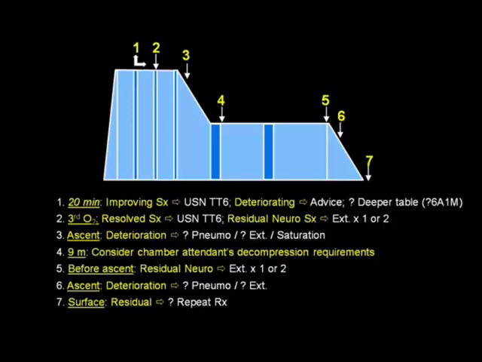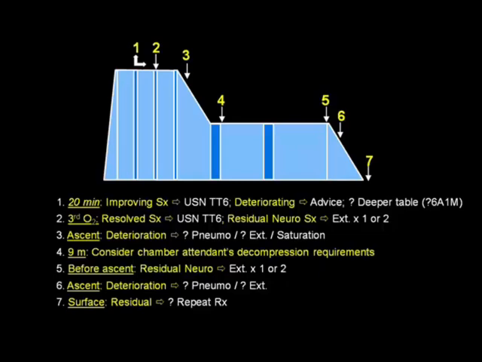The next critical decision is made at the commencement of the third oxygen breathing period, in which the decision should be made whether or not the table should be extended. In general, extensions are only recommended for neurological decompression illness. In other words, if a diver has a pure joint pain related form of decompression illness, it usually is a better return on investment to provide repetitive long oxygen tables rather than a single extended version of the table.